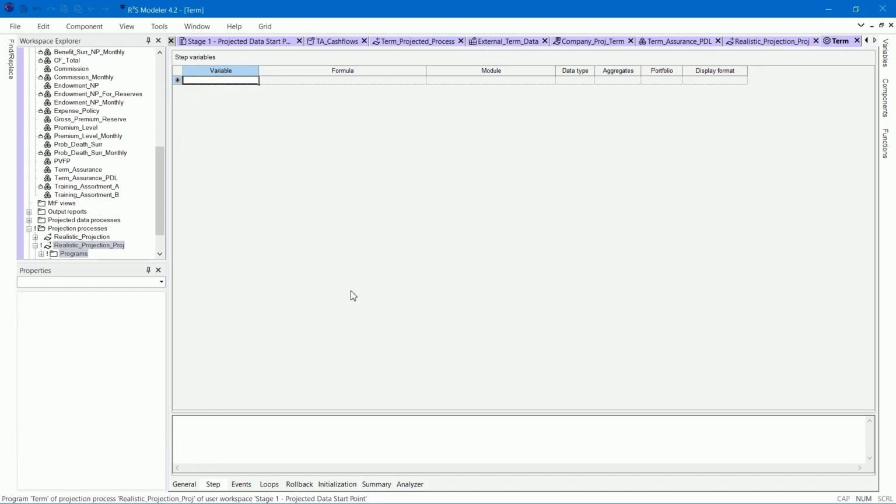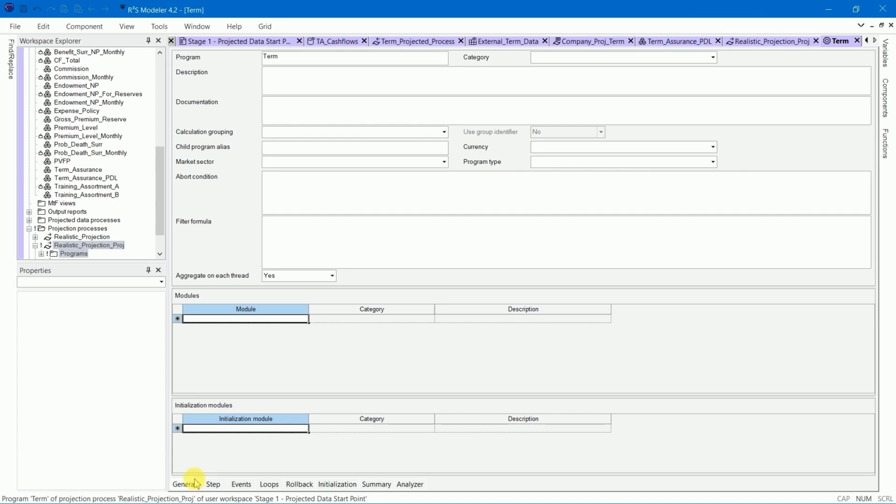Go back to the General tab. Drag in the module Term Assurance PDL and click Save. Now we have completed the setup for our projection process.